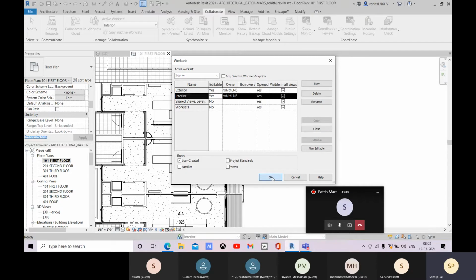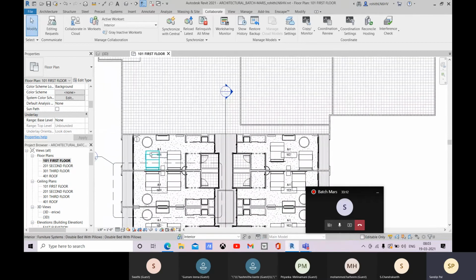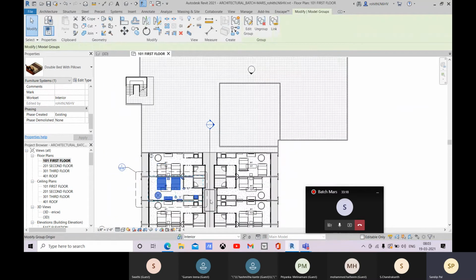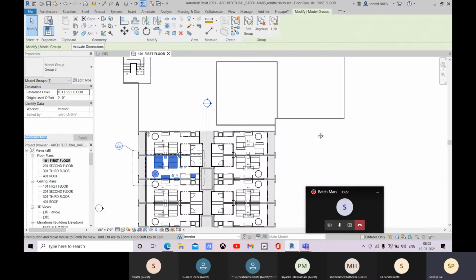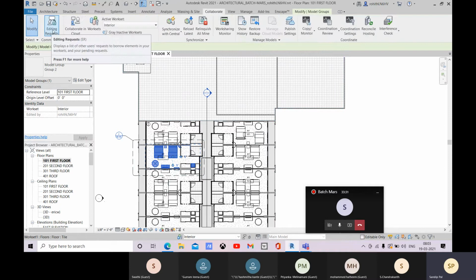Suppose I'm the owner, and you want to work with this workset, which is for the interior. When you work there, you will have a permission window opened. This is the editing request you will get.